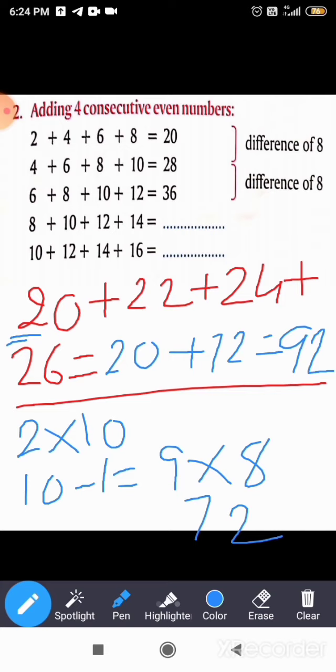Let's add the numbers and check. 0 plus 2, 2. 2 plus 4, 6. 6 plus 6, 12. So 2 and 1 carry. 2, 2, 4, 2, 6, 2, 8 plus